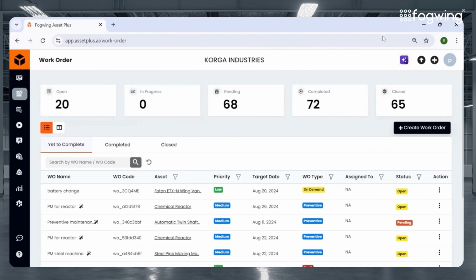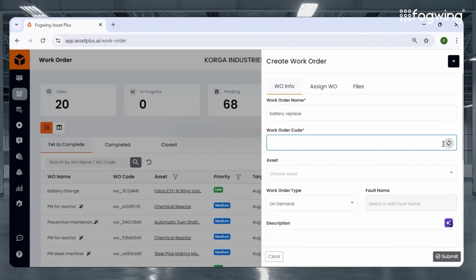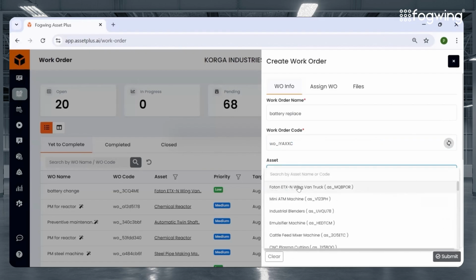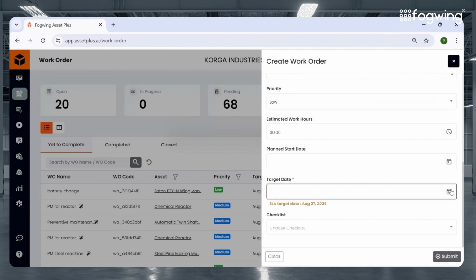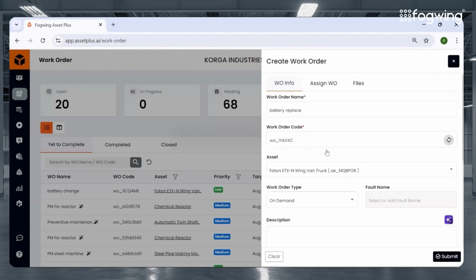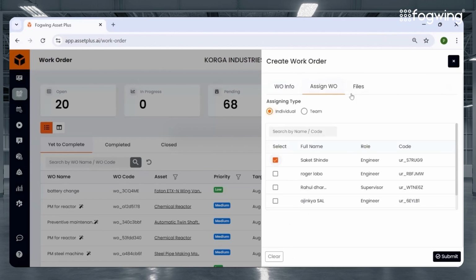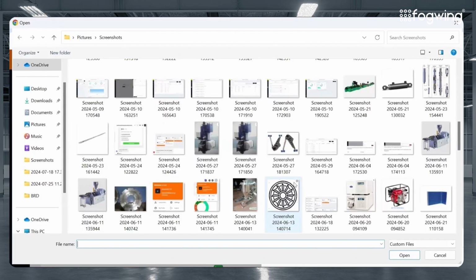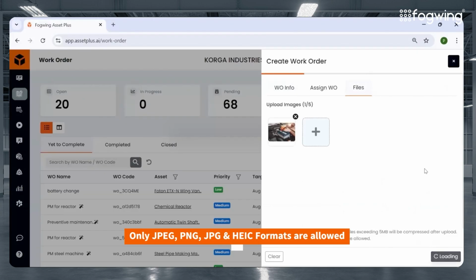So for example, if we create a work order here, we will create a random work order here. We'll give the work order code here. We will select the asset here and we will select the target date here. We will assign it to a particular person. Then in the file section, if we upload any of the files here, for example, and if we click on submit here,